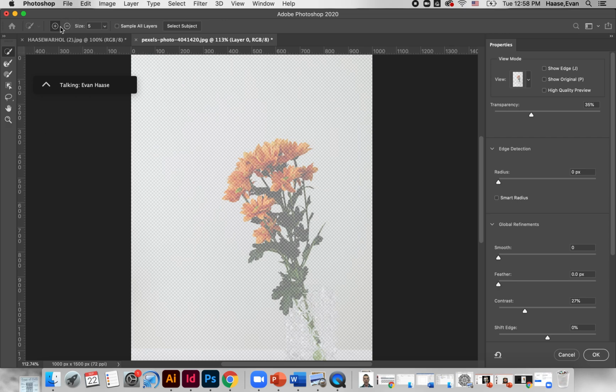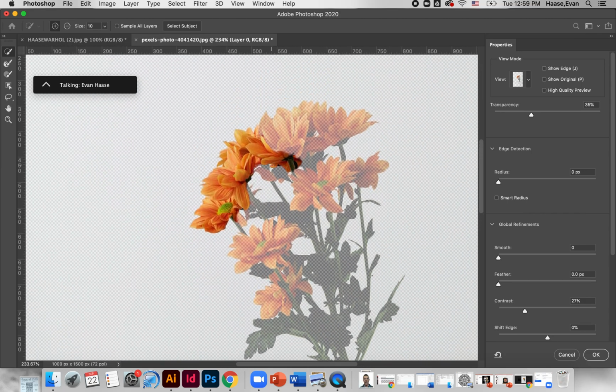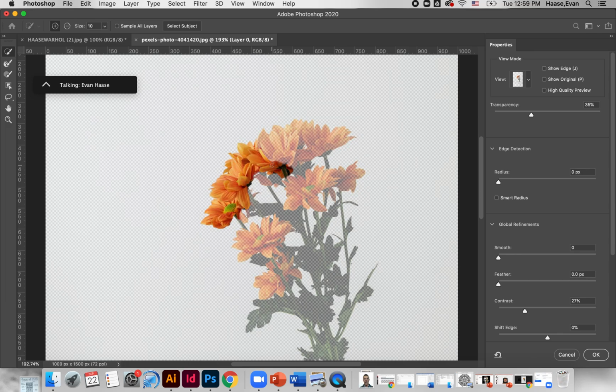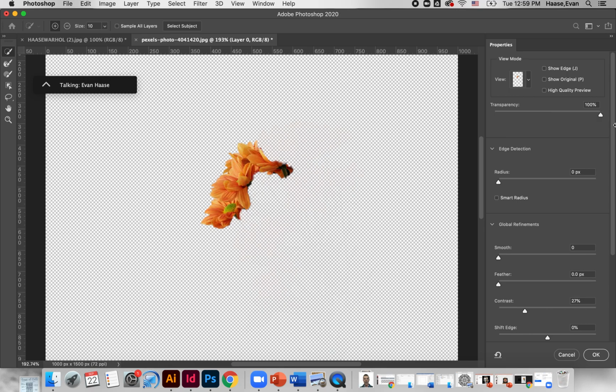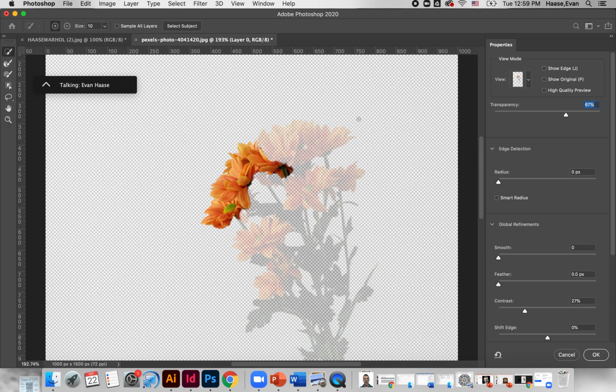So up at the top, you'll have a plus and a minus. The plus means I'm going to add to my selection. The minus means take away. So now what I can do is I can use my bracket keys to make the selection a little more sensitive or a little less sensitive. And I'm going to go in and start brushing over my flowers. Now you'll notice they start to appear. That means that's the selection that I have right now. So if I move this transparency dial all the way over, that's what my selection would be if I saved it as it is. So now I can go through